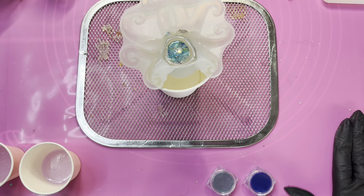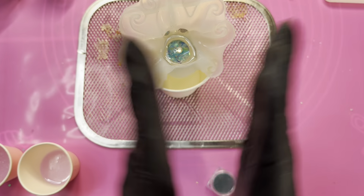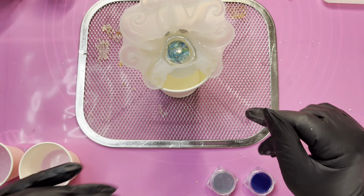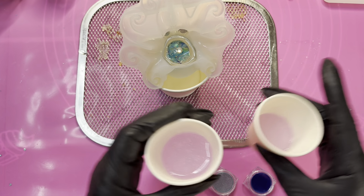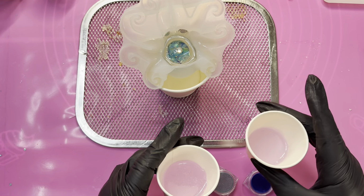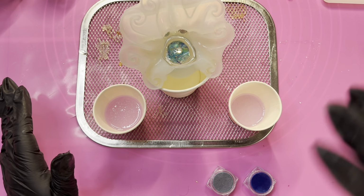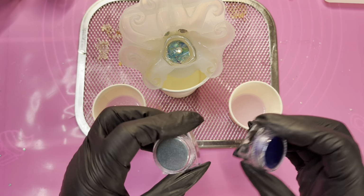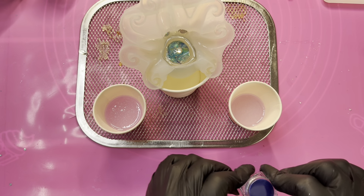So, I have made up some more resin. This is hopefully okay. It's sticky now, so I've had it sitting in a cup for a little while. It's got a little bit of purple in it because I am doing something else, and I thought I would just mix the purple in while I was doing it, which is not going to make any difference to how I'm doing this. So I have just got these little metallic markers from Temu, and I'm going to put in,